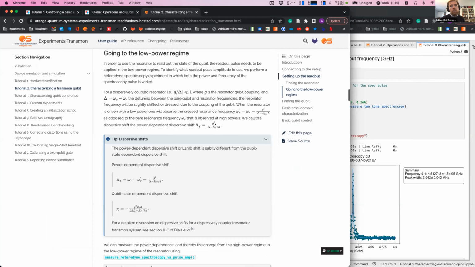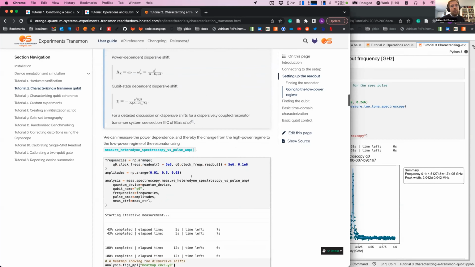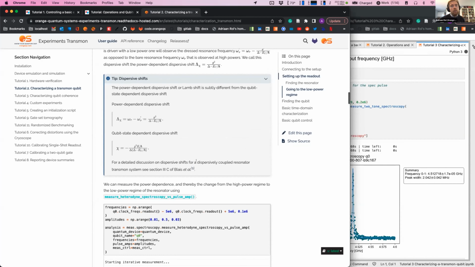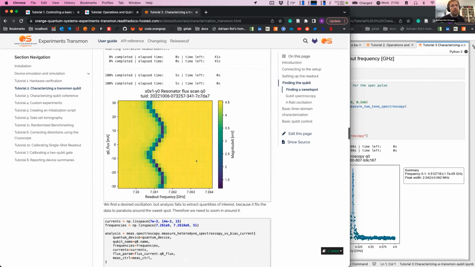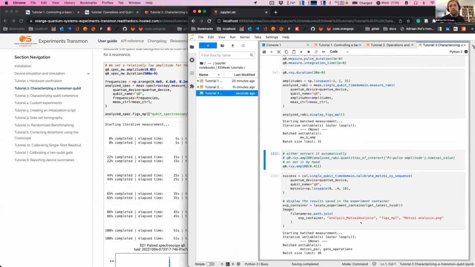And the thing we measured before was the power-dependent dispersive shift. If you know the coupling strength of the resonator and the qubit, which is typically fairly standard and well predictable from the designs, you can have a pretty reasonable prediction of where to find the qubit frequency based on this delta parameter. That's what we're using to have a good initial guess, and that's also why we're moving to the sweet spot, where these things are usually close to what you expect from basic room temperature predictions. So we're doing that.